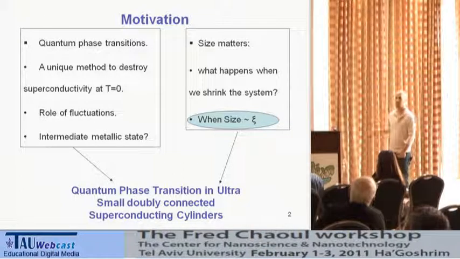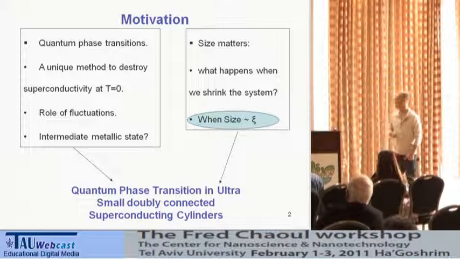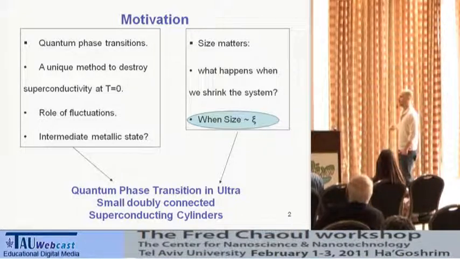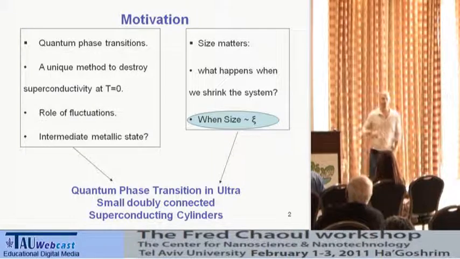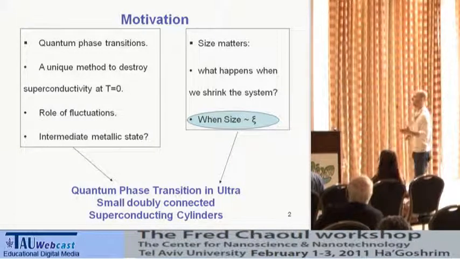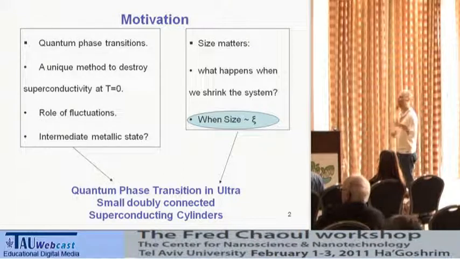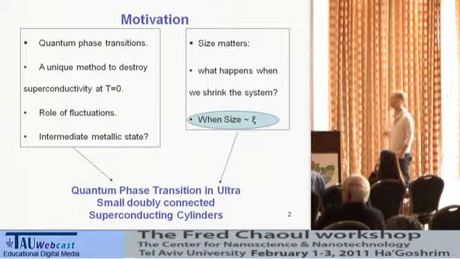We've prepared a superconducting cylinder whose diameter is smaller than the superconducting coherence length. And in this case, it gives us the opportunity to see something new. The question, what will happen when the system becomes smaller and smaller than this typical length scale, is interesting if we see something new when this happens. And indeed, we see here something new, and the new thing here is this quantum phase transition that we'll be